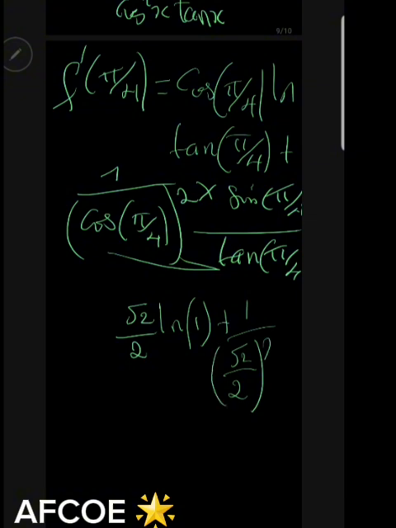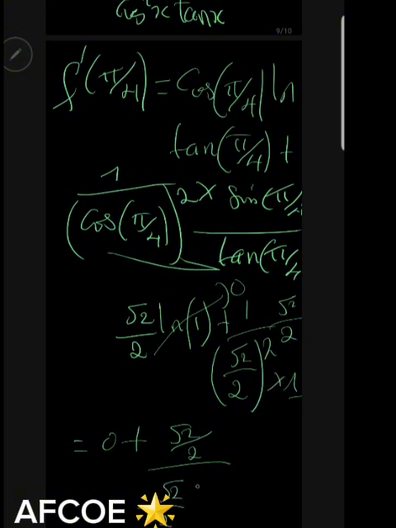But this one now is squared, multiplied by sin pi on 4, which is also root 2 on 2, dividing by tan pi on 4, which is 1. Right? So now we just simply get ln 1 is 0. So we just get 0 plus, on the numerator, we have root 2 on 2. On the denominator, we simply have root 2 on 2, all that squared,